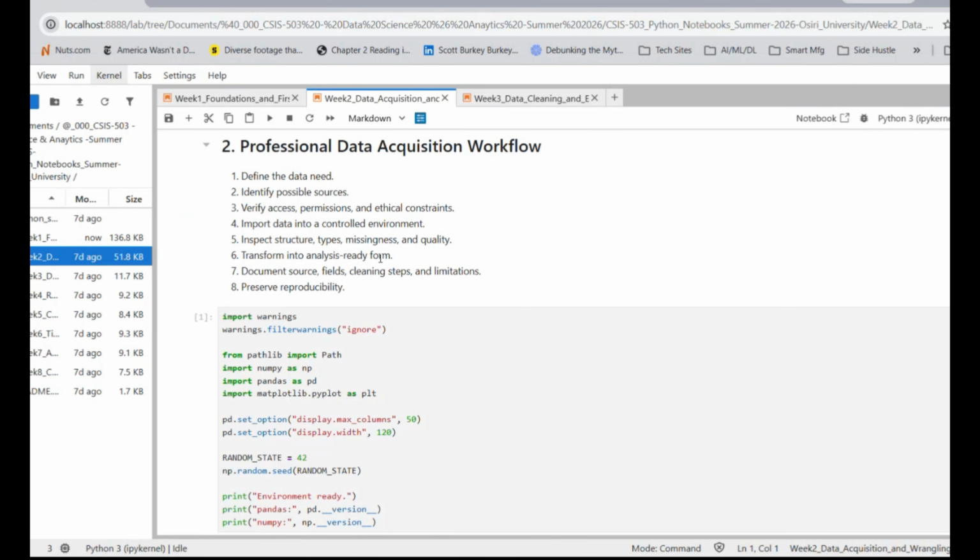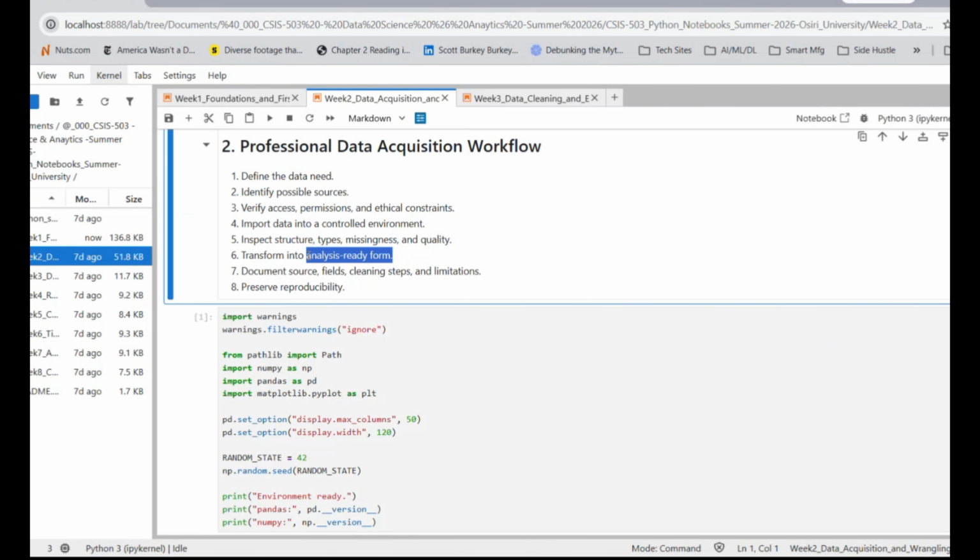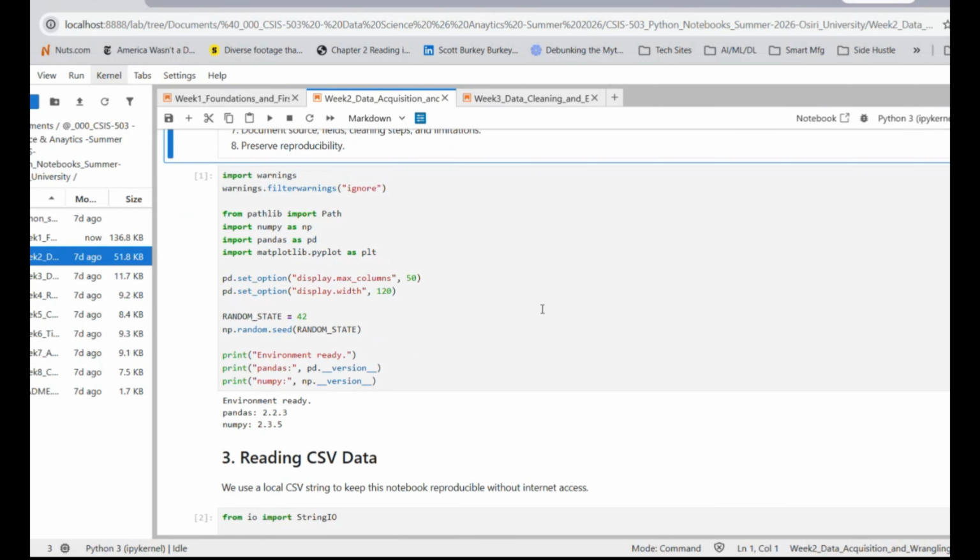If there are things we need to remove, things we need to merge, or things we need to add, that's so that eventually we have an analysis-ready form of that data. And then we want to document the sources, the fields, the cleaning steps that we're taking, and some of the limitations that we encountered. And then we want to make sure there's reproducibility, right? So as in the past,